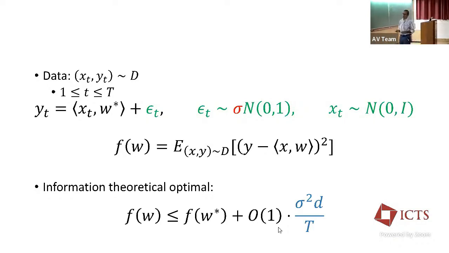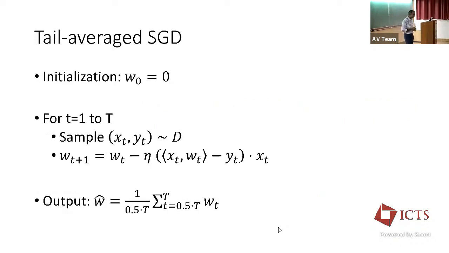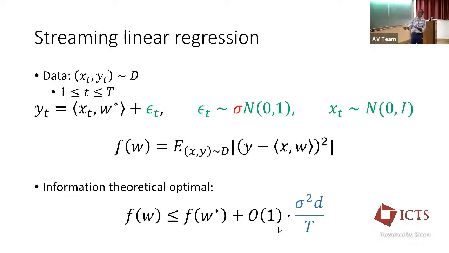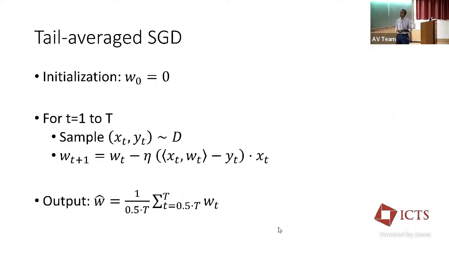And you cannot do better than this in general. This is sort of the optimal thing. Now, how do we achieve this information theoretically optimal bound? Well, at least up to constant factors, you can do that by using this very simple idea of tail averaged